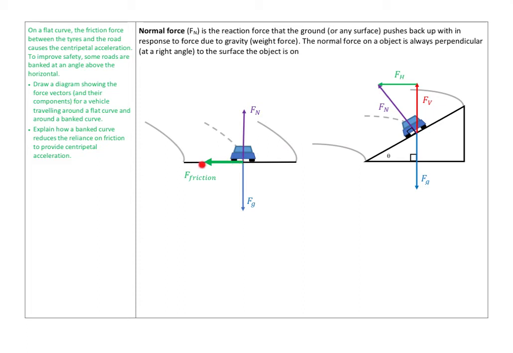However, relying on friction can be a little bit fraught. Roads get wet, icy, things like that happen. So how can we improve the safety of a road? Well, if we bank the corner of a road, we now have